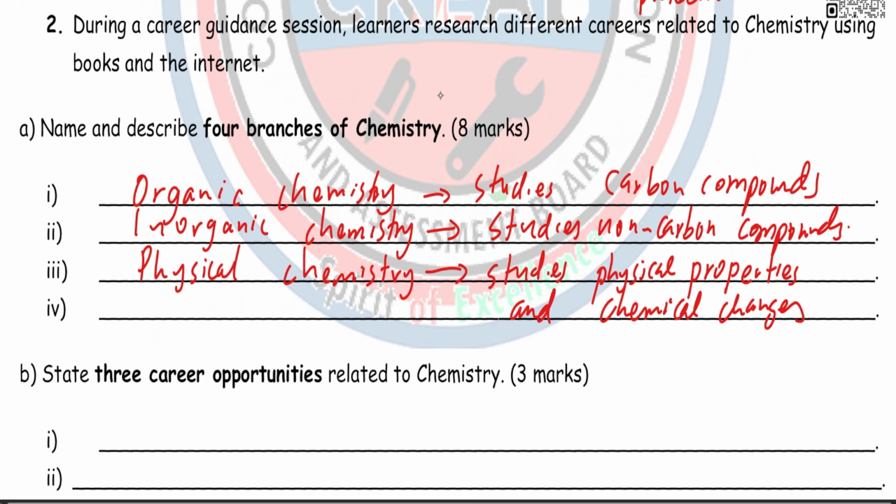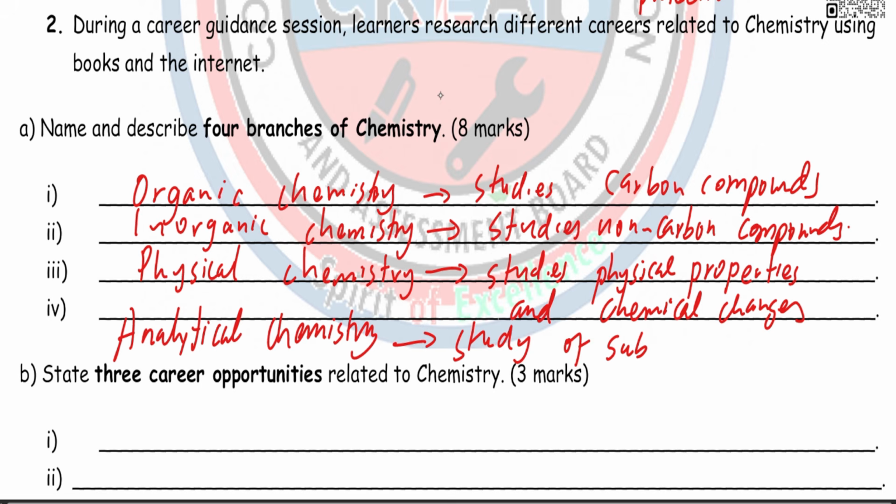Now, the fourth one is analytical chemistry. Okay, analytical chemistry, analytics. You just look at how the substances are. So under this, you just study the substance composition. How is it made of? What is it made up from? How is it composed? In short, I think everyone knows what analytics means. Yani waangalia analytics yake vipi, intengenezwa vipi, and etc.